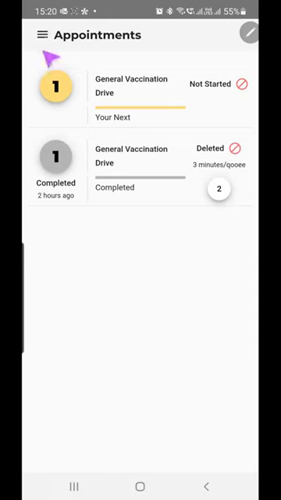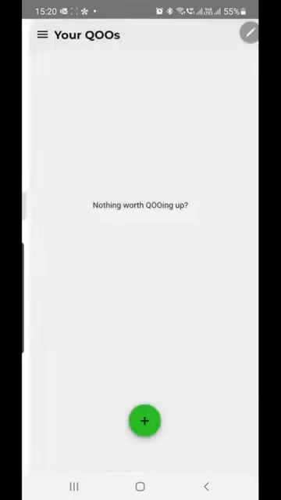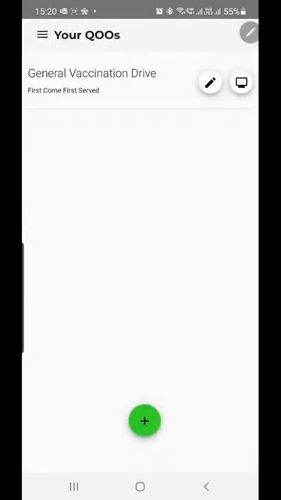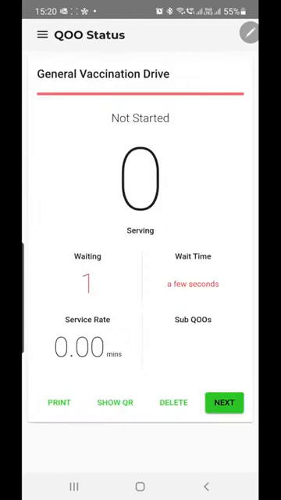Okay, so let us go and start the queue. So as a queue administrator, this is my screen. I click on the status button. This is my status screen, and this I can put it up on a TV, or if you want it put up in your waiting room, you could do that, or you don't need to do it, right? People will get intimated of their queue number and the waiting time on their mobiles. So this is your screen where you manage your queue.